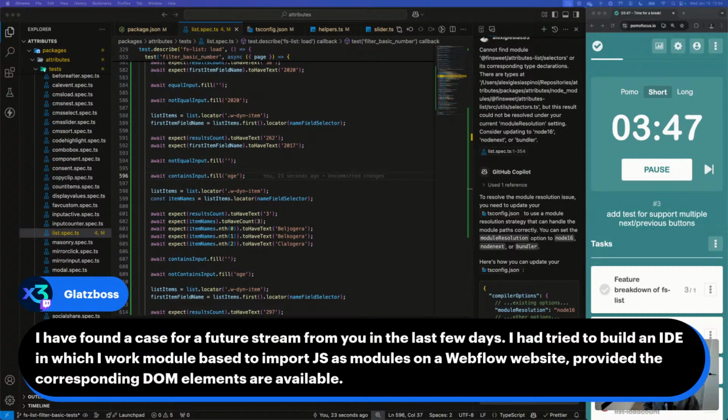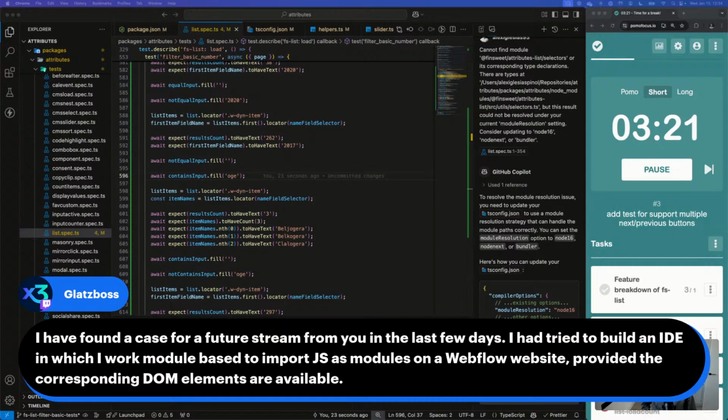Let me try to understand your use case. I have tried to build an IDE in which I work module based to import JS as modules, okay, on a Webflow website, provided the corresponding DOM elements are available. What I don't understand is that last sentence.